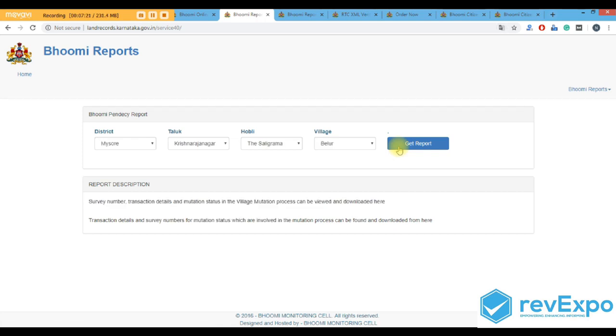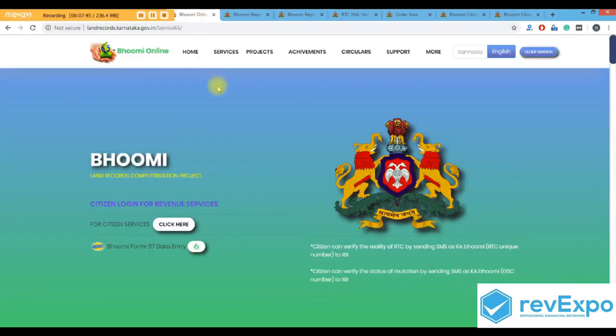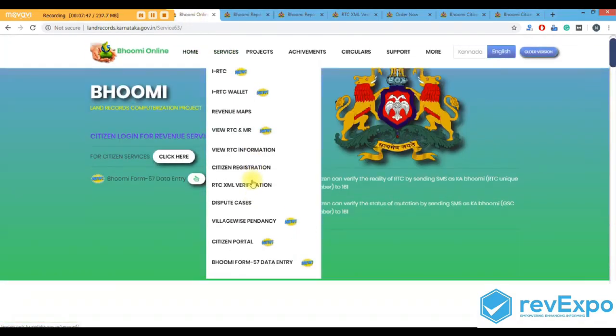Okay, so here I think creation is in process. We are not getting any other information, but they are suggesting that we can view the survey number, transaction details, and mutation status in village mutation process. Okay, let's move to the next service.